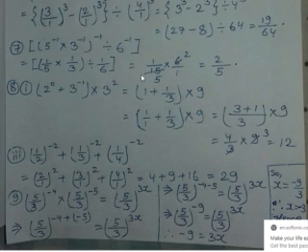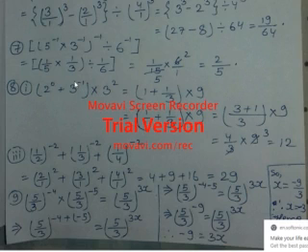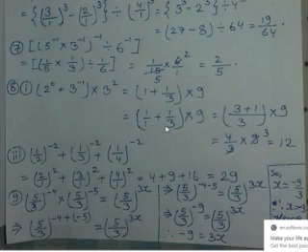So students, if you see question number 8, it is 2^0 plus 3^-1 into 3 square. So 2 raised to the power 0, anything raised to the power 0 is 1. So 1 plus, and 3^-1 will become 1 by 3, into 9. If there is no denominator, that means there is 1. So 1 by 1 plus 1 by 3 into 9. When we add it, it becomes 3.